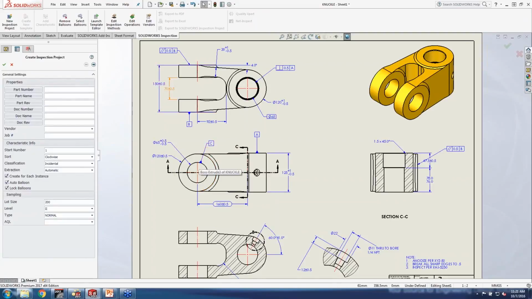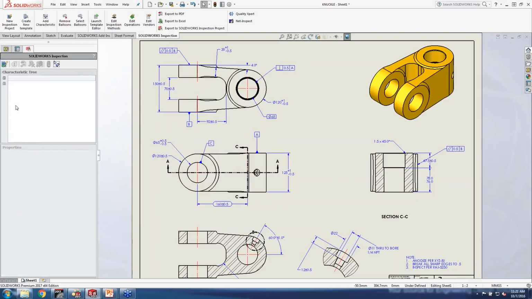that's going to be under Extraction. We want to set that to Manual. So with that manual, I'll be able to select them. The second one here for locking balloons was actually the third one on the list. It is right here. And so this is a new little option right here. So with that locked, now we will be able to delete the balloons that we make, and the rest will stay where they're at. If you want them to update like they used to, you just want to go ahead and uncheck that. All right, so checkbox here to accept it, and we're just going to create a real fast